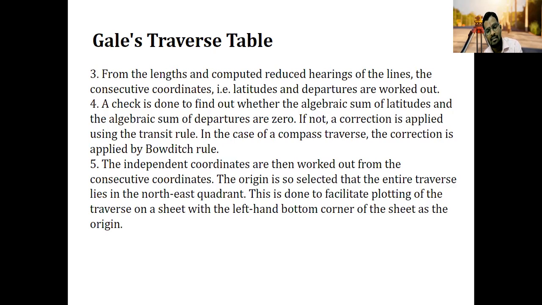Okay, the independent coordinates are then worked out from the consecutive coordinates. Okay, independent coordinate आपण find out करतो त्याच्यानंतर by using the consecutive coordinate. The origin is so selected that entire traverse lines lie in the northeast quadrant. ठीक आहे, त्यानंतर पूर्ण जो ट्रॅव्हर्स आहे तो नॉर्थ ईस्ट क्वाड्रंट मध्ये येईल असं आपण त्याचे करेक्शन्स अप्लाय करून बनवतो. This is done to facilitate the plotting of the traverse on a sheet with the left hand bottom corner of the sheet as origin. Okay, म्हणजे याच्यात थोडक्यात काय करतोय बघा आपण,